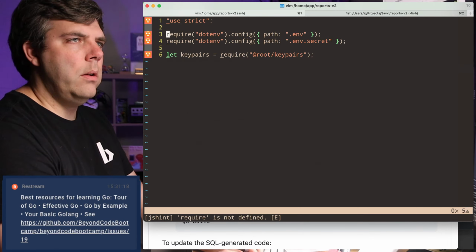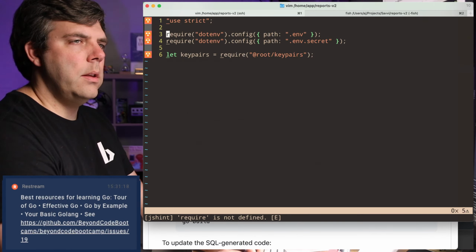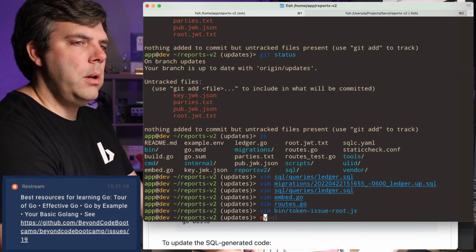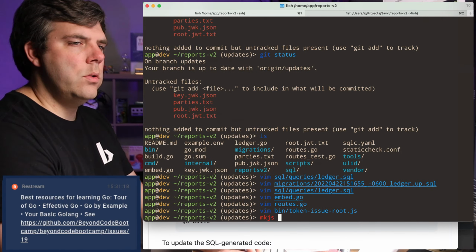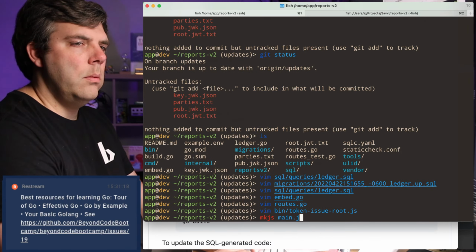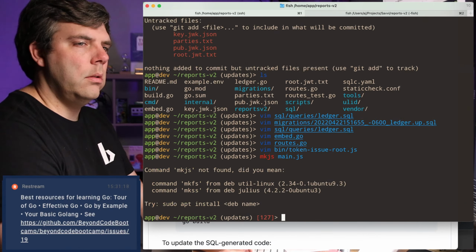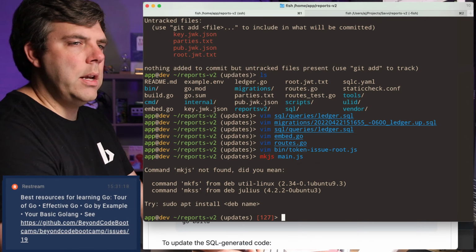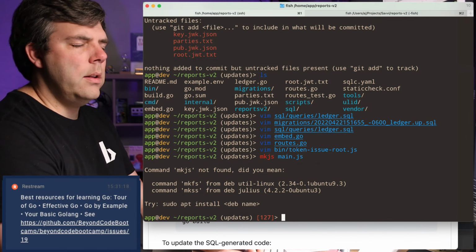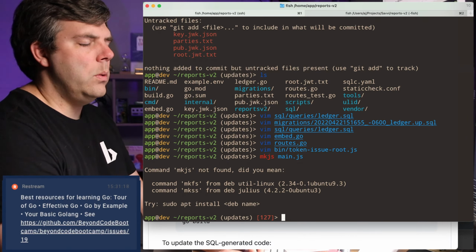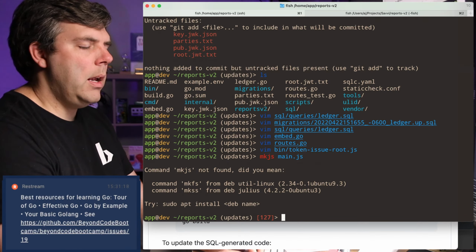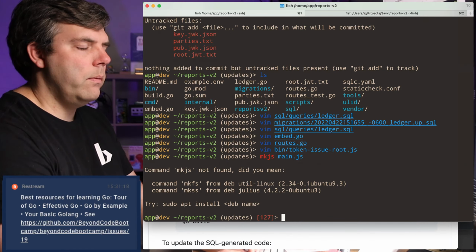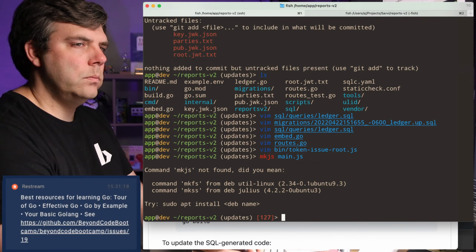Okay, and then what? What was I thinking? Let me go ahead and do mkjs. Oh, whoops, I don't have my mkjs here. That's another thing on my list of to-dos. I need to get my mkjs file up on Webby so I can use it whenever I need it.